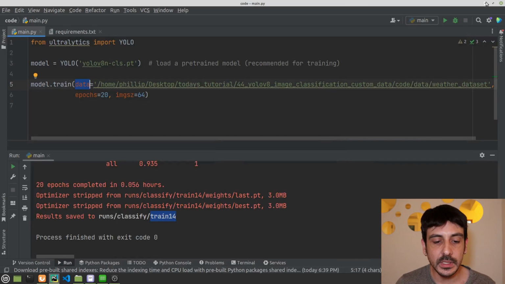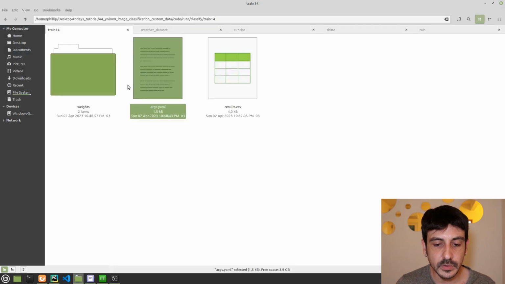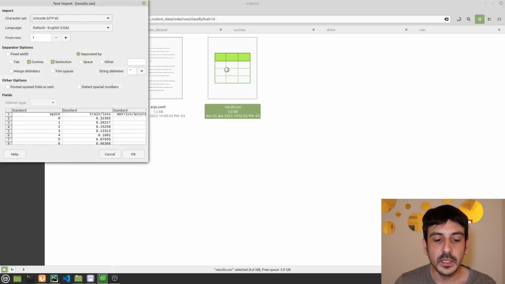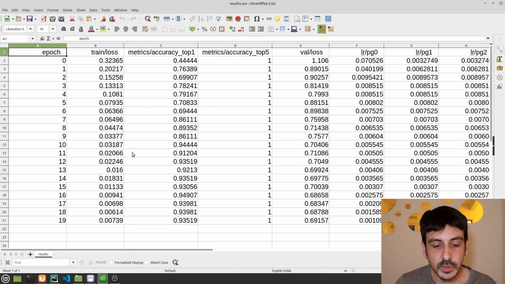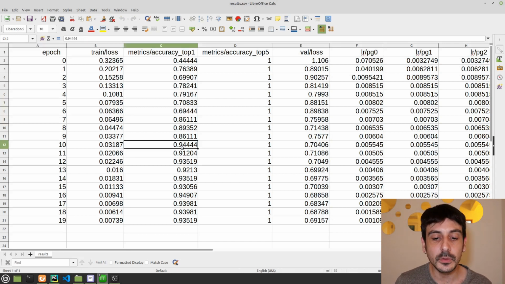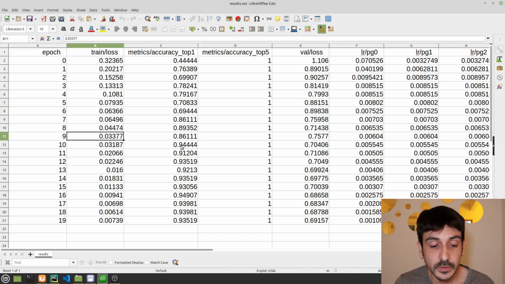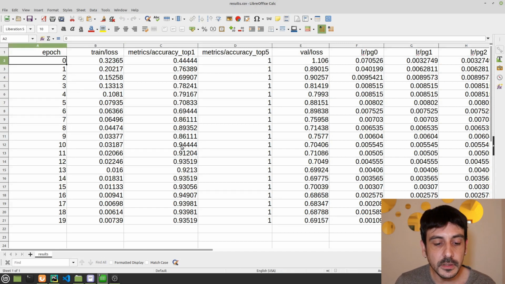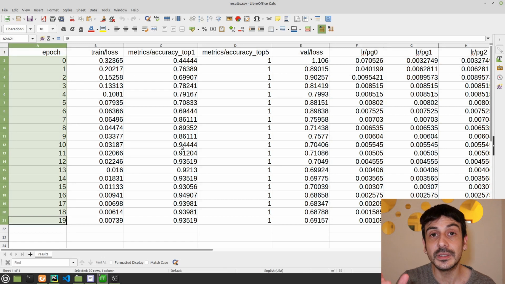Now let me show you the other file, which is the results.csv file. I will say this is much more important. This is the file containing all the information we need in order to decide if this is a good model or not. And you can see that we have many different rows, each row for one of our training epochs, right? We have trained this model for 20 epochs, and you can see that we have 20 rows, one for each of these epochs.